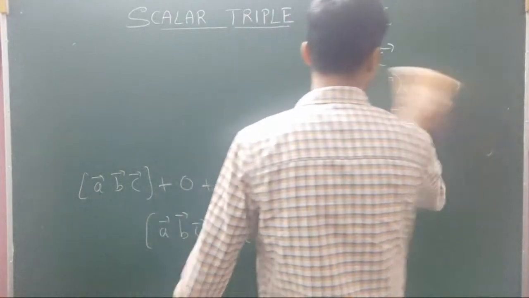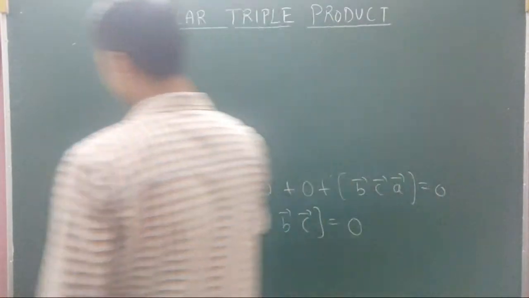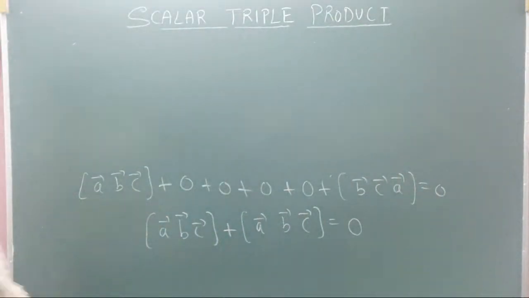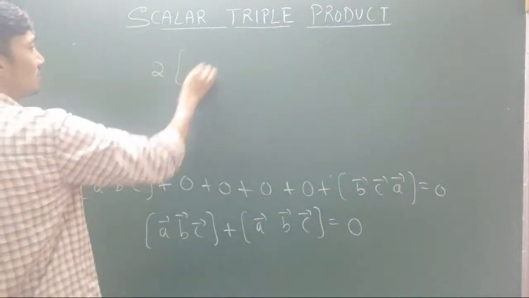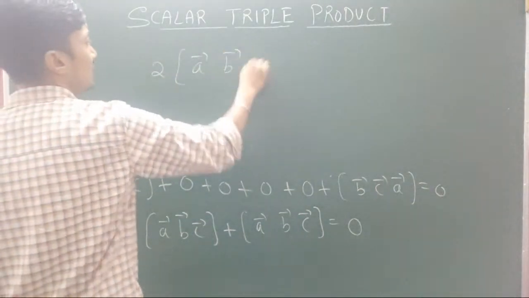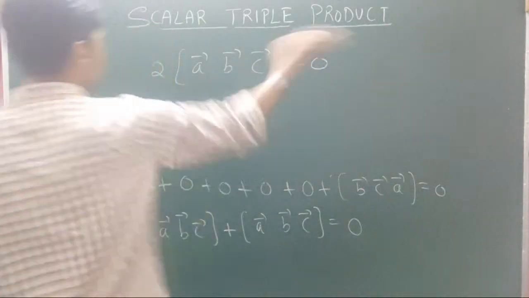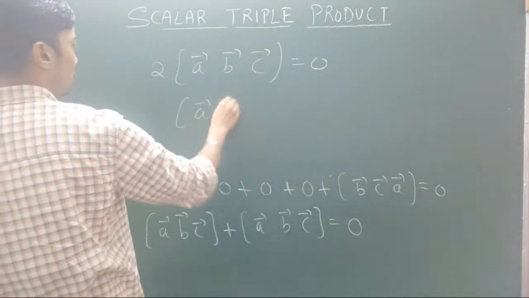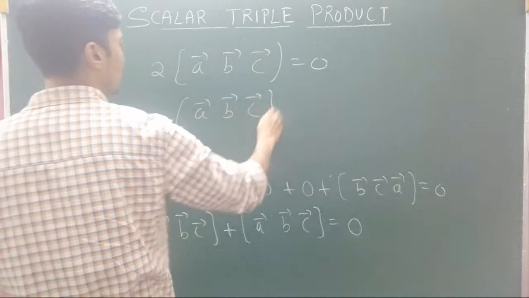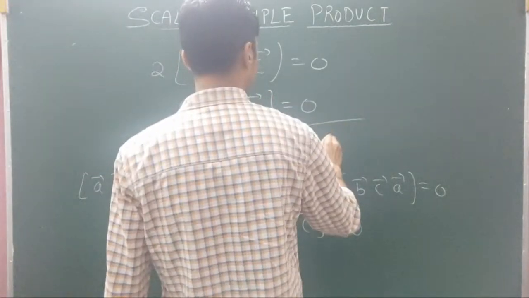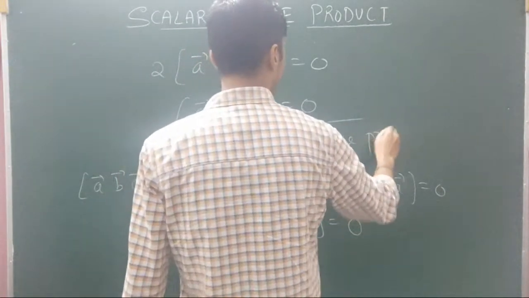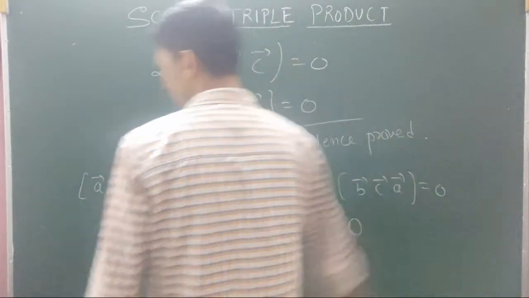So as long as the cyclic order is maintained, the value is the same. So this is simply 2 times [A, B, C] equal to 0. So 2 goes on the other side. That proves that the scalar triple product is 0. That's what we were supposed to prove. Hence proved, which proves that the three vectors A, B, C are